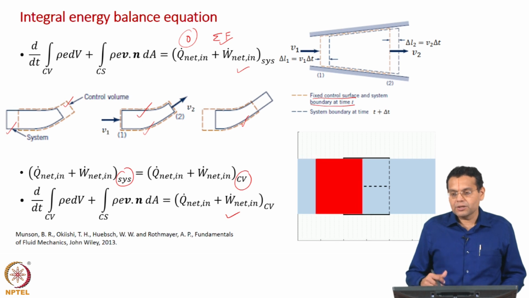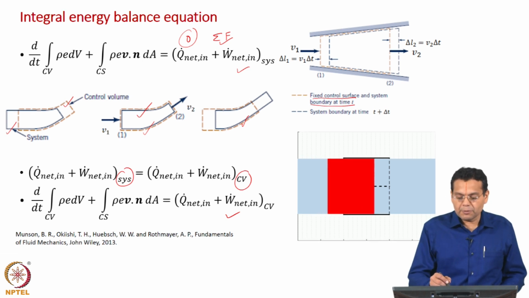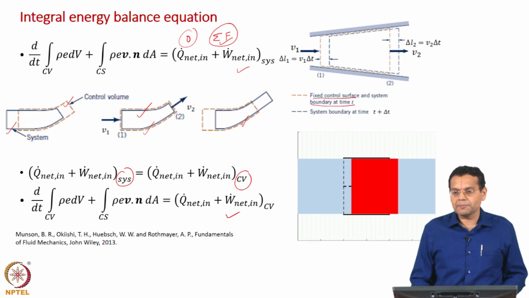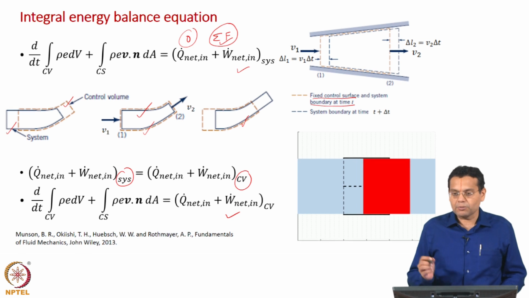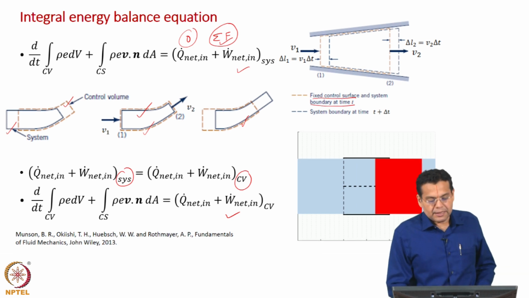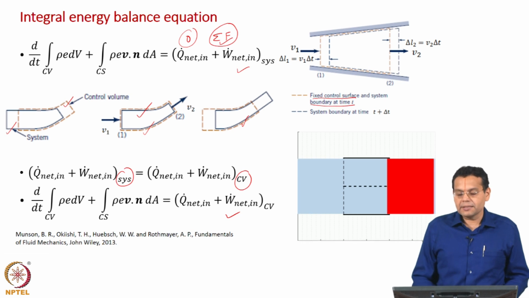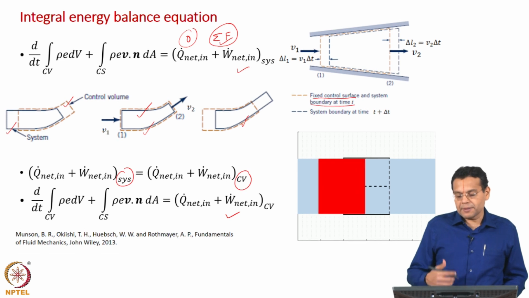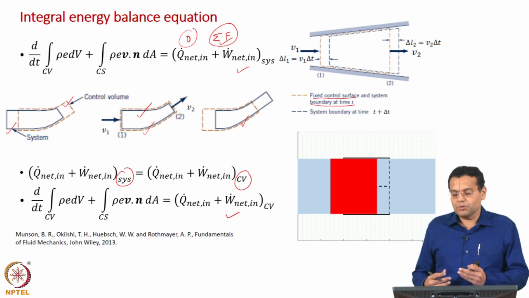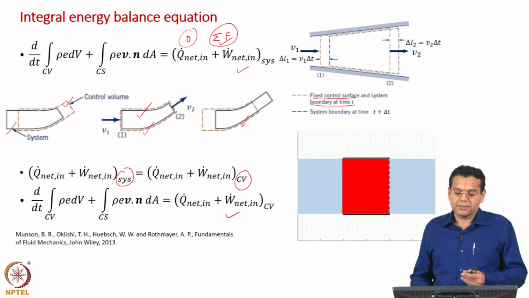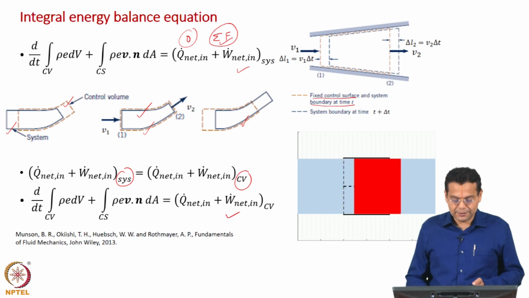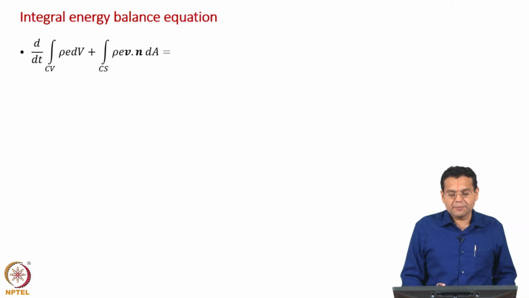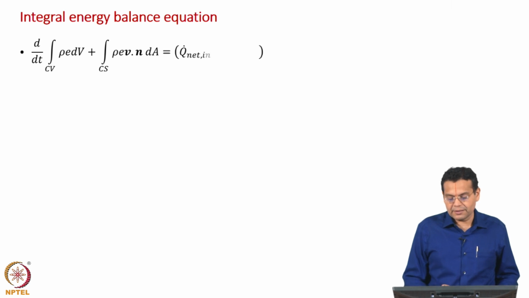Now having done 2 more times, for linear momentum balance we replace this sum of forces acting on the system by sum of forces acting on the control volume. Now similarly here, net rate of energy addition by heat transfer and work transfer term for the system has been replaced for the control volume. So now it becomes clear how we go from system to control volume, especially from linear momentum balance and the energy balance. So let us write down the integral form of energy balance equation, which we have derived in the last slide.